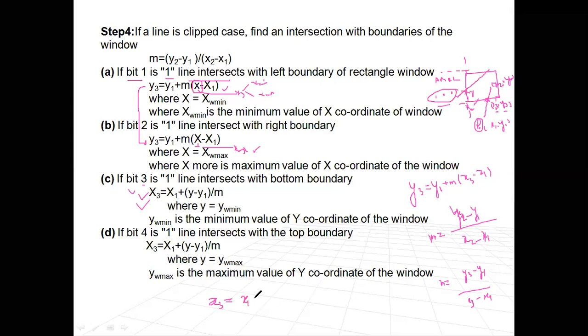x1 plus y3 minus y1, divided by m from here only. Now this y3 is what? y3 is y minimum, so here we will write y minimum. If this would have been cutting down across this edge, then this y3 would have changed into